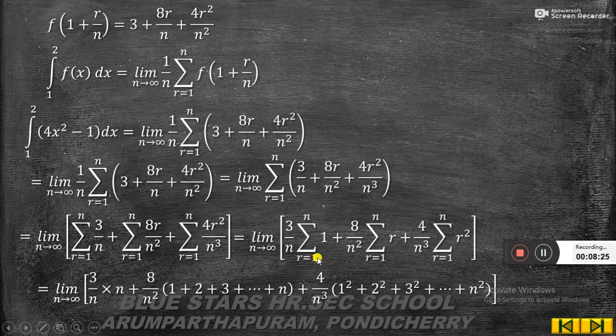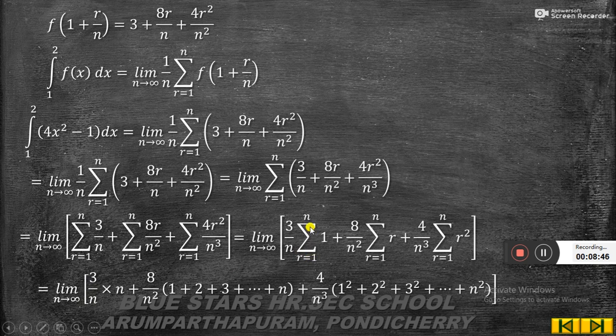So 3 by n into summation r equal to 1 to n of 1, plus next 8 by n square into summation r equal to 1 to n of r. Here 8 by n square is a constant, so I take it outside. Plus 4 by n cube into summation r equal to 1 to n of r square. So in the next step you write it: limit n tends to infinity, 3 by n